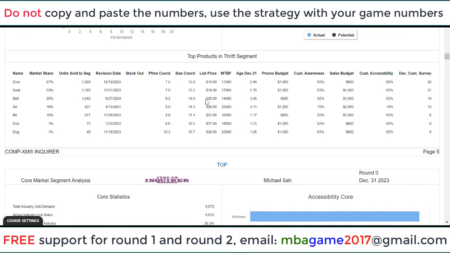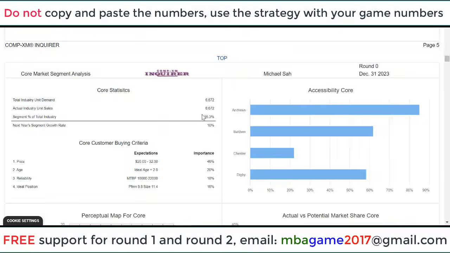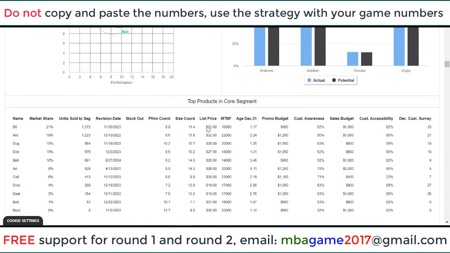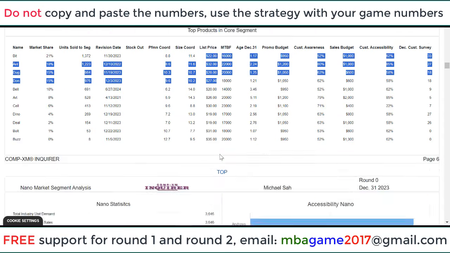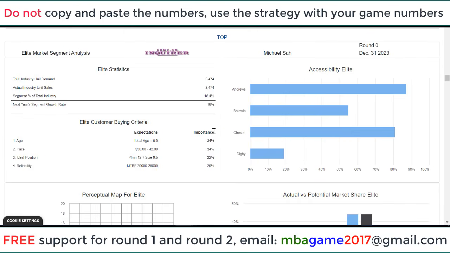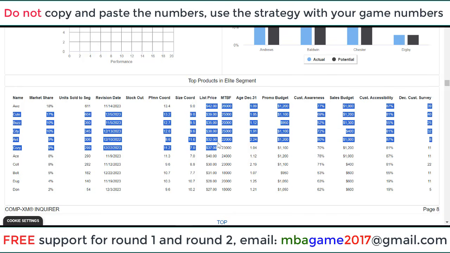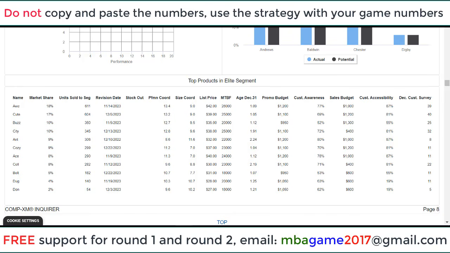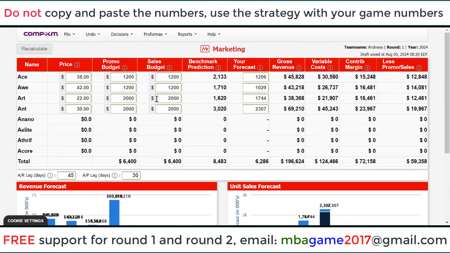So you set the price for Trip around 22, right? And for Core, you set around 30. For Nano, you set a price around 38, and for Elite, about 42. That's the top selling price. And you need to calculate: we set the promotion and sale for Trip and Core at 2000,